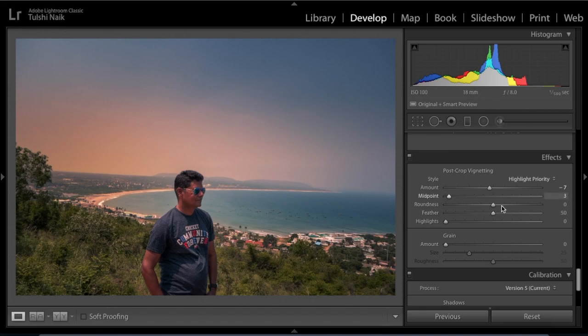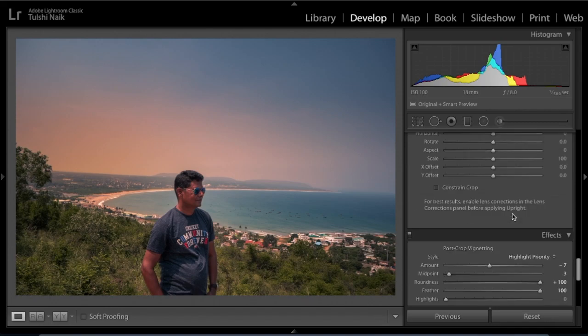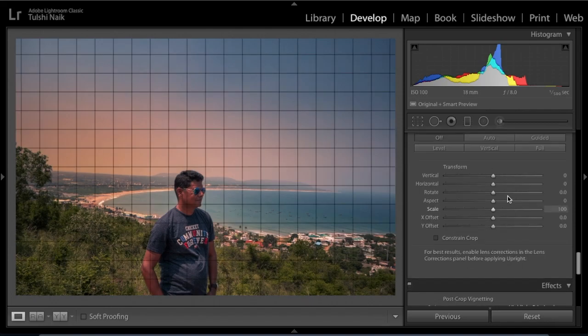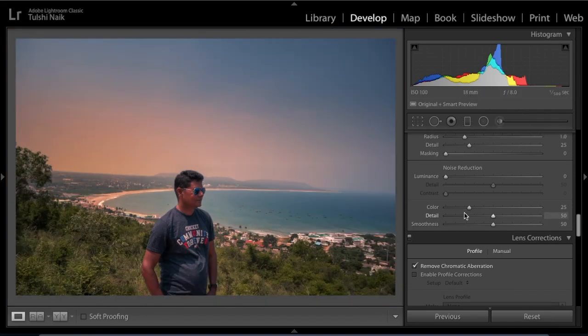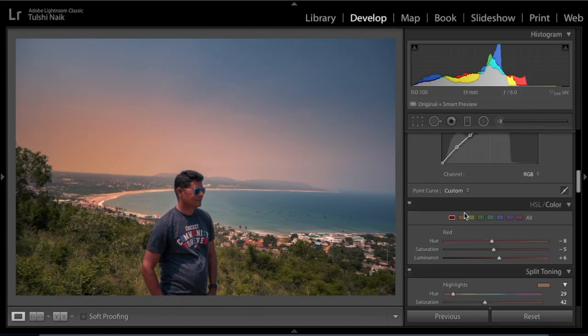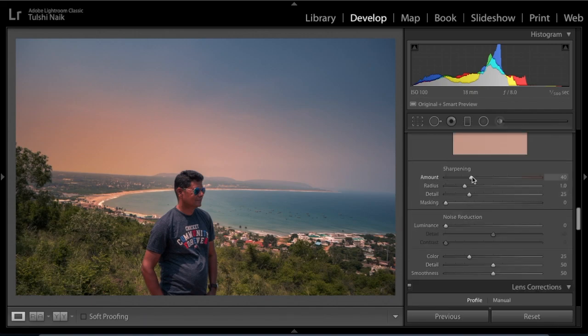Midpoint, feather it down fully, and let's look at it. I think I'm happy with this. Here, we'll put these three sliders, color, detail and smoothness in noise reduction, all the way to 100.